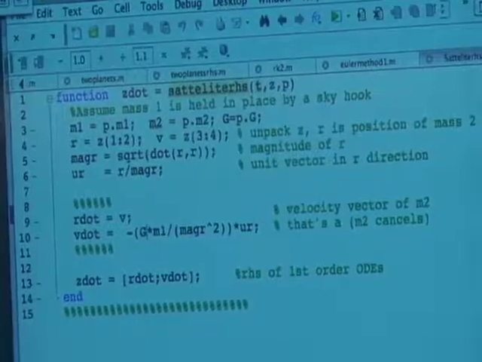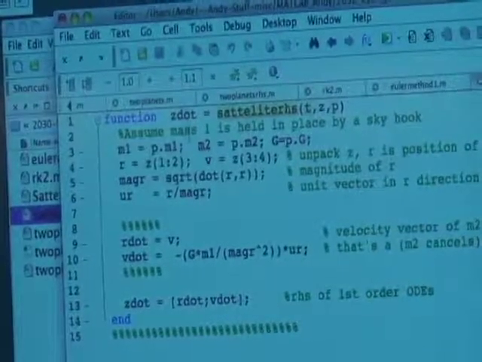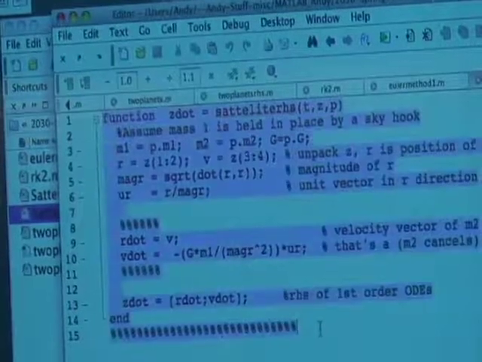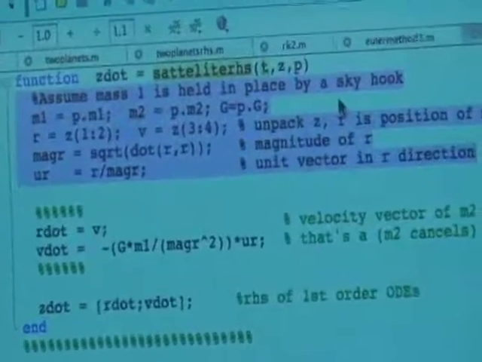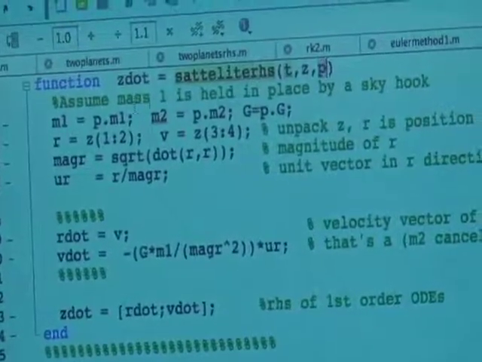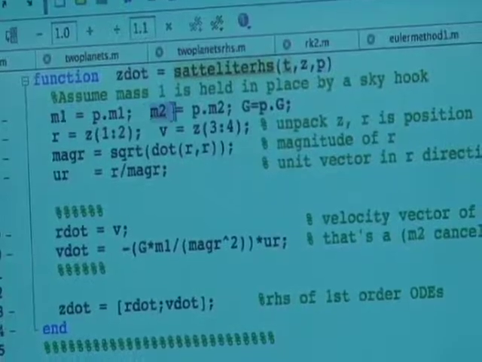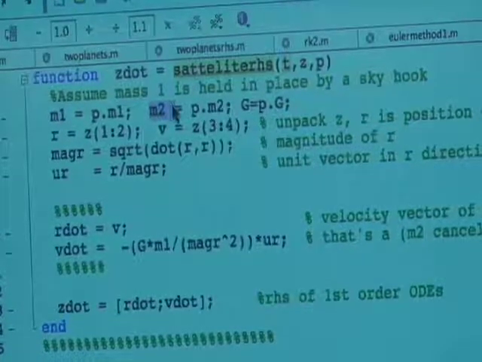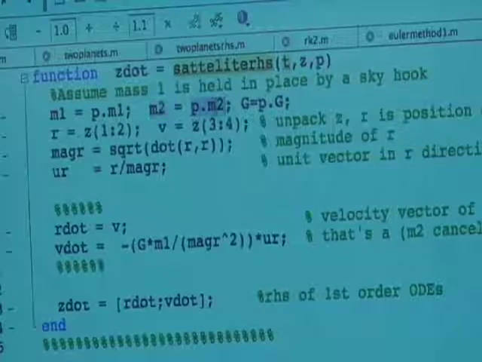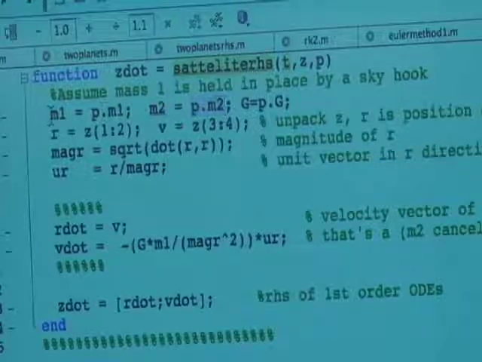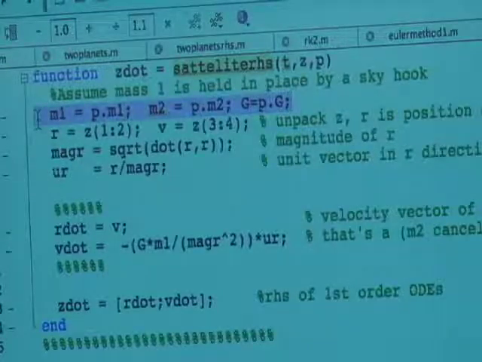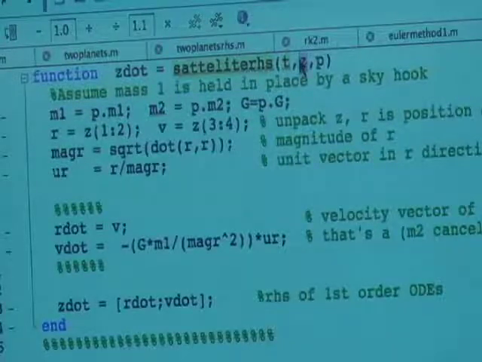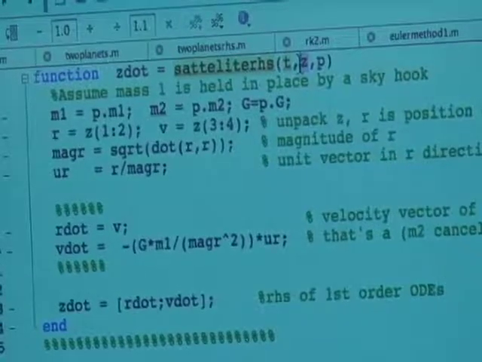Okay, so now we're back to the one satellite problem. And here is the differential equation for one satellite. We've got this gunk of code up here, which is just coding stuff. For example, in the differential equation, we have parameters like the 2 masses. And this is not the new problem. This is the last problem still. We coded them up inside this structure called P, and to make it easier to read below, we pull out P.M1 and called M1 and so on. So this is just a junk line setting up parameters. Then, in solving differential equations, we just think of it as being a long list of numbers from which we predict the rate of the long list of numbers.